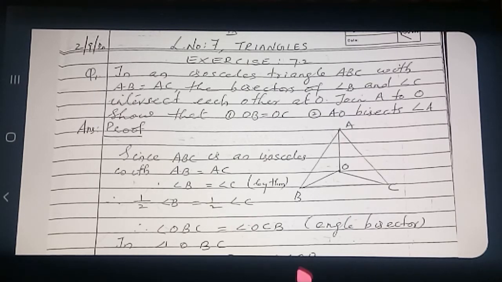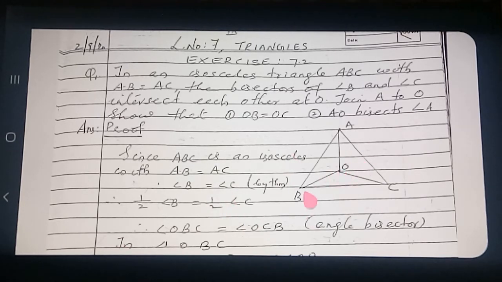Clear? And what is half of angle B? Half of angle B means this angle can come, this angle can also come. But which angle do we need? This angle OBC. So what I wrote here, half of angle B, I wrote as angle OBC. Are you following? Half of angle B means OBC. Understood? And half of angle C means which angle am I taking? OCB. This much step is enough. More steps are not necessary. It is a 3 mark question only. Okay.